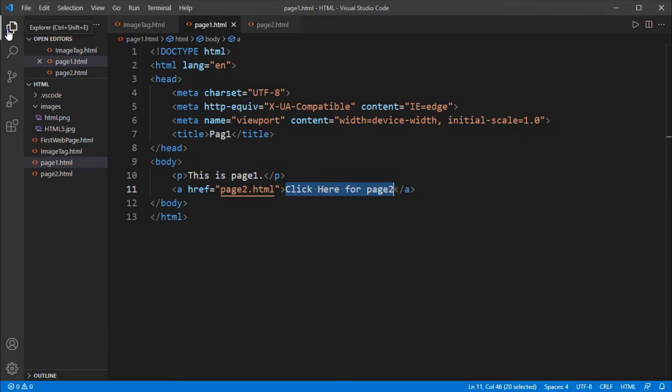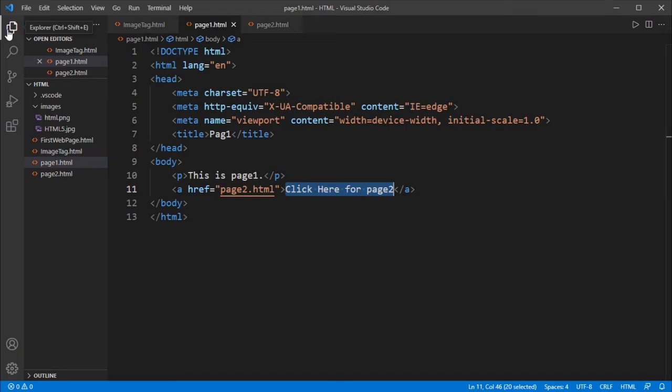navigating within the page. Suppose in our current HTML document there is a huge amount of data. You would have to scroll down and read your data, or search for a particular piece of data within the page.